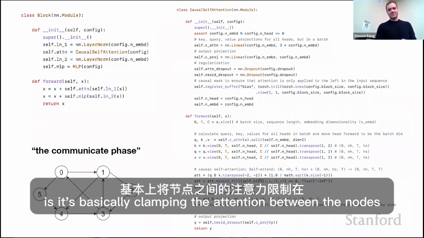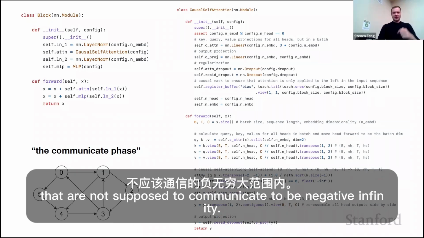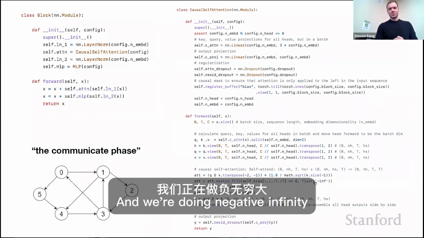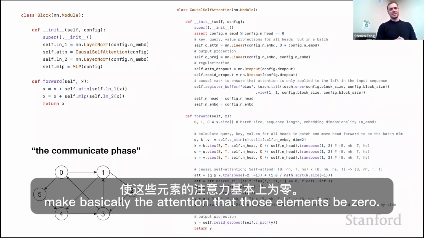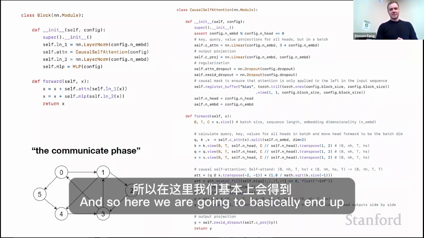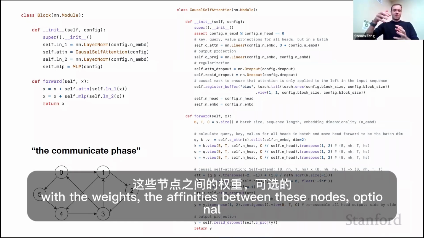And what this is doing is it's basically clamping the attention between the nodes that are not supposed to communicate to be negative infinity. And we're doing negative infinity because we're about to softmax. And so negative infinity will make basically the attention at those elements be 0. And so here we are going to basically end up with the weights, the sort of affinities between these nodes,